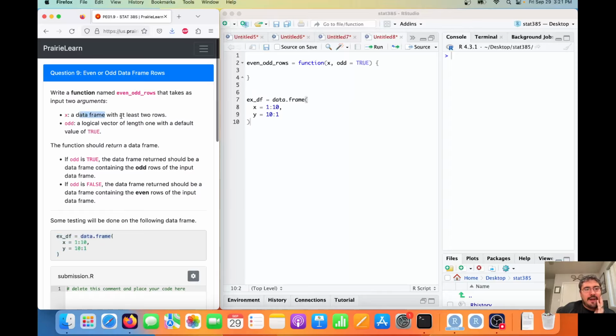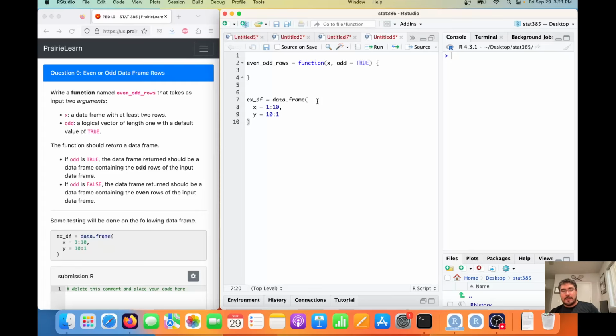Okay, X is a data frame with at least 2 rows. Okay, because they want to probably return something that's useful based on this odd argument. But that's nonetheless good to know. Okay, so what are we going to do? There's many ways that we could go about doing this. You could isolate the even and odd numbers based on the number of rows and stuff like that. These are all perfectly valid, but let's try something like